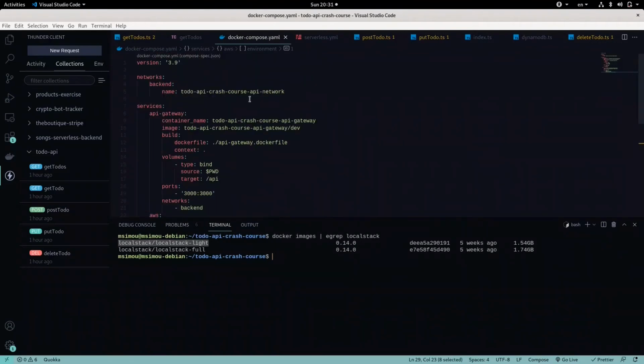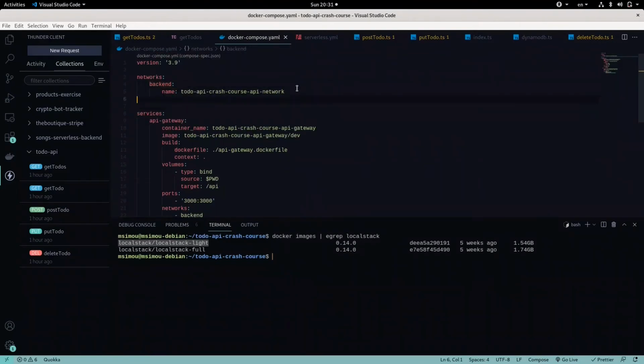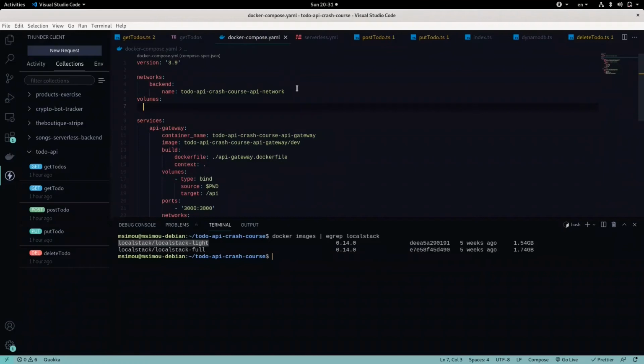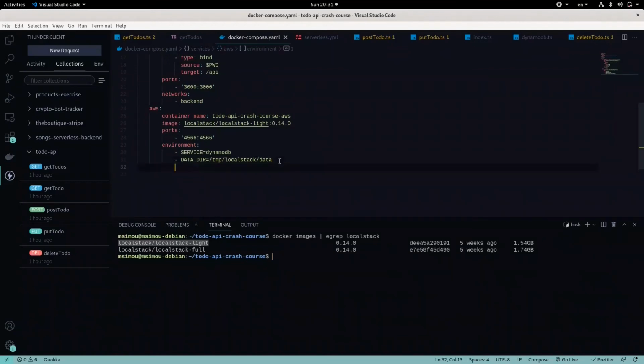For that we need a volume, so I have volumes, and I will call it AWS data. And to reference that volume, I need to populate the volume section. So type will be volume, source AWS data, and target